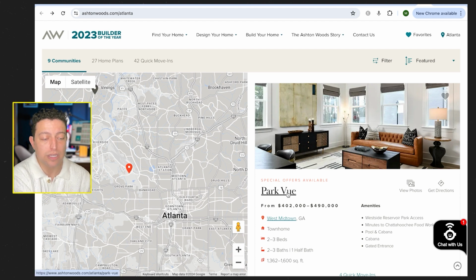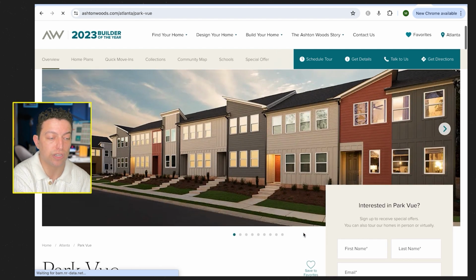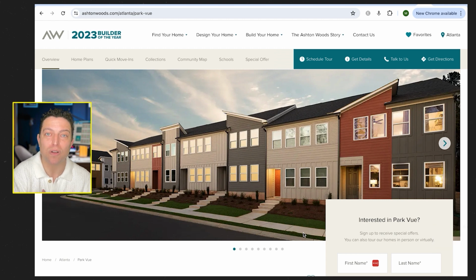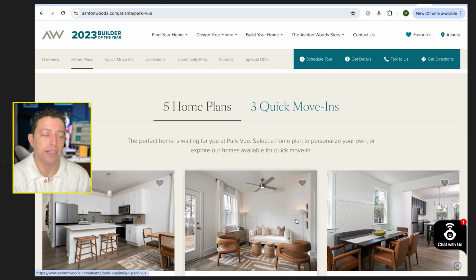And so this community, Parkview, is a townhome community ranging from $402,000 to $490,000. We'll take a look at what some of these finishes are looking like. Now this is townhomes, so if you don't want any shared walls, obviously this option isn't going to be good for you, but we're in town, so it's a little bit more realistic. And again, looking at their site, there's 5 home plans and there's 3 quick move-ins available, so there's options to